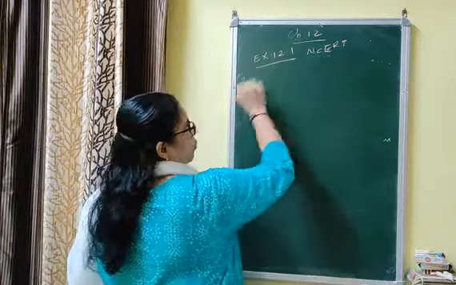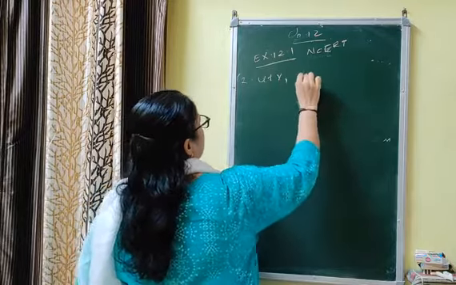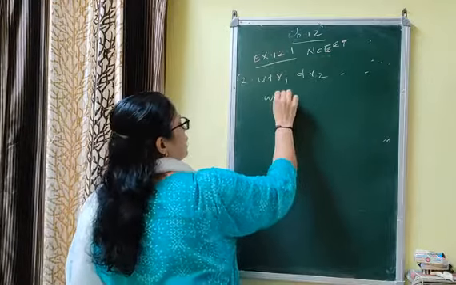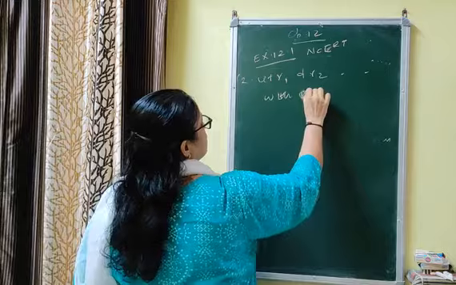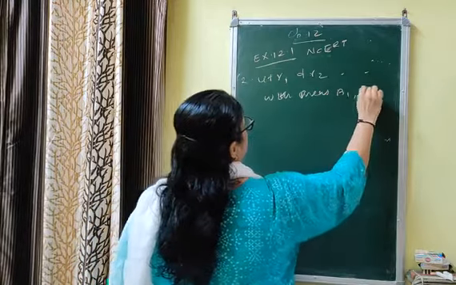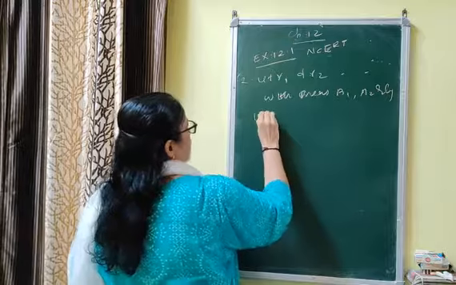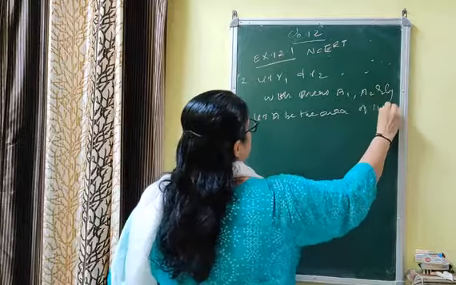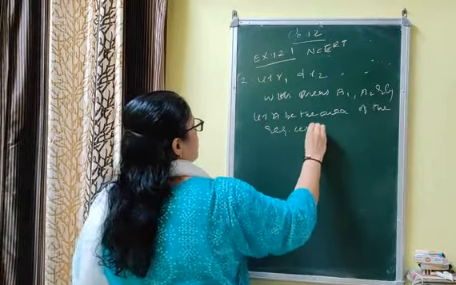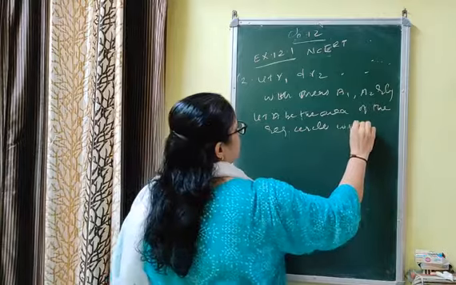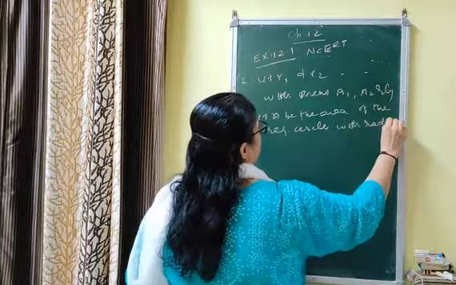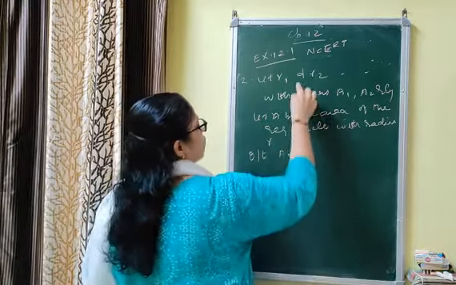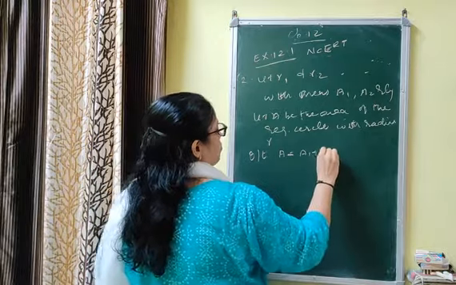So, question number 2. Let R1 and R2 be the radii of the given circles with areas, for comfortability of writing, A1, capital A1 and capital A2 respectively. Now let A be the area of the required circle, as we did in the previous question, with radius small r. What is given? You are given that the area of the required circle is equal to the sum of the areas of the given two circles, A1 plus A2.